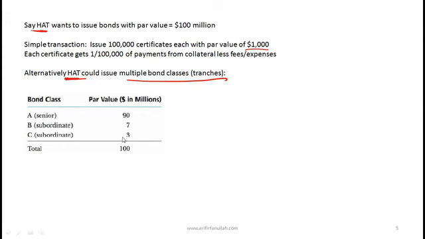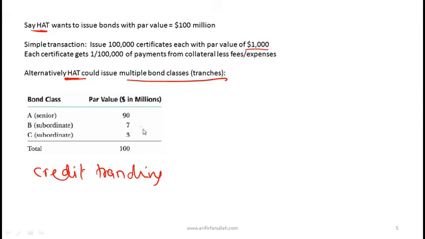Now what we are doing here is something called credit tranching. What do you think this means? If there are some defaults, some of the homeowners, or some of the people who bought the equipment, don't make payments, who do you think will take the hit first? Yeah, C will take the hit first. So if there are 3 million worth of defaults, then C loses, but B and A are protected. If there are 10 million worth of defaults, then C and B are both impacted and A is safe.